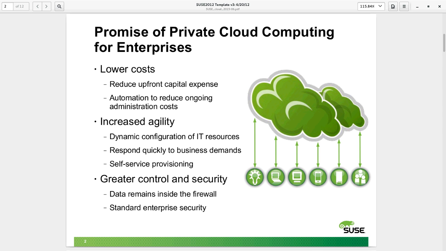Now, clearly you can do a lot of this with public cloud, but what we're hearing from our potential customers and existing customers is that they really are concerned about wanting to keep some of their applications, some of their data installed at the local data center behind the firewall, and they can manage that with the same sort of security framework and security processes that they've been using for their enterprise applications for years.